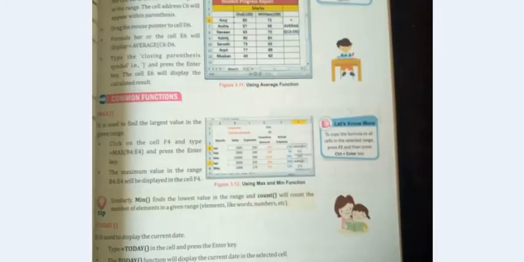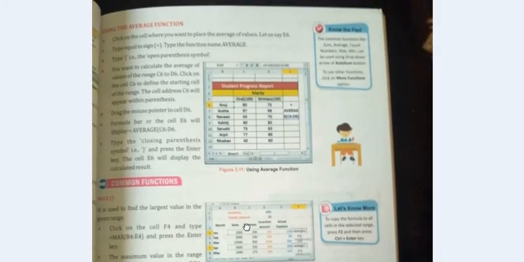Now next, common functions, all these things we have seen. Average function. Today also we have seen how to see the date: equal to today, and if you write parentheses, then you can see the date of today. In the same way, equal to year, and then in the parentheses you can write today, then you can see today's year. Separately also you can display it, right?